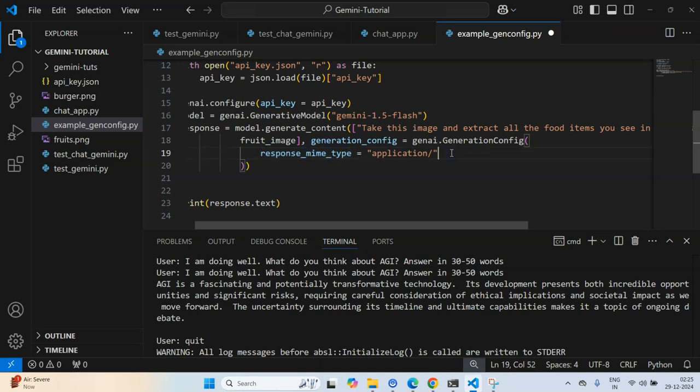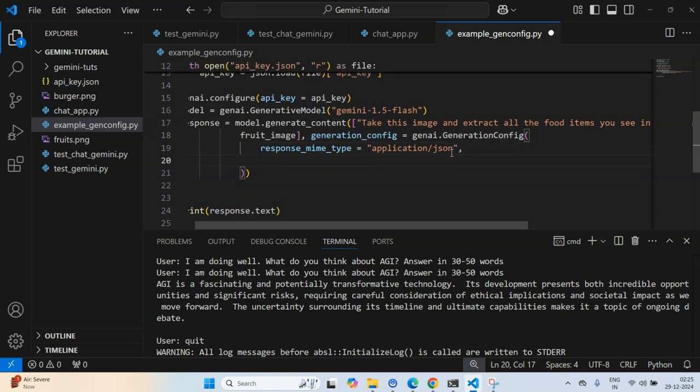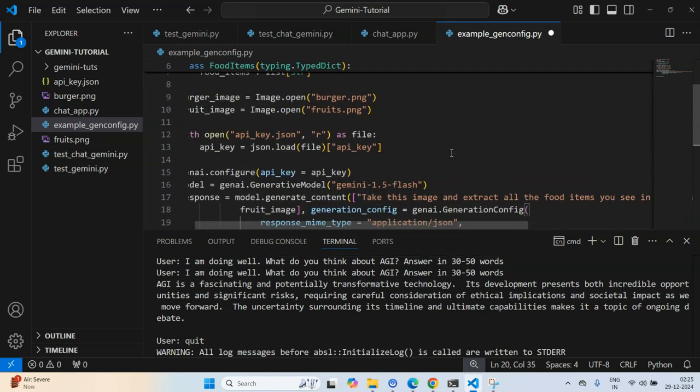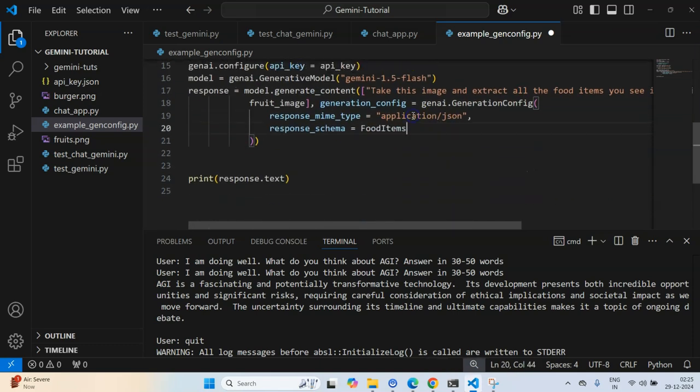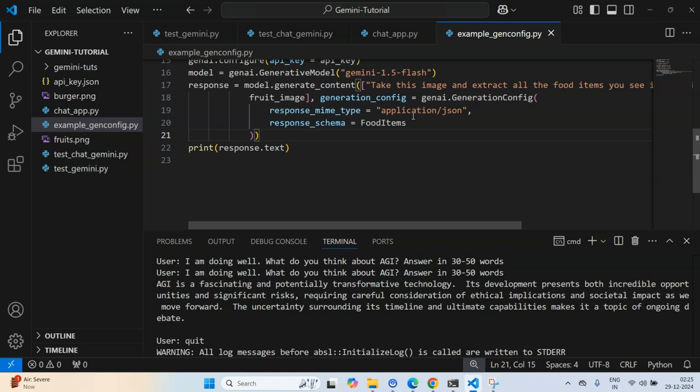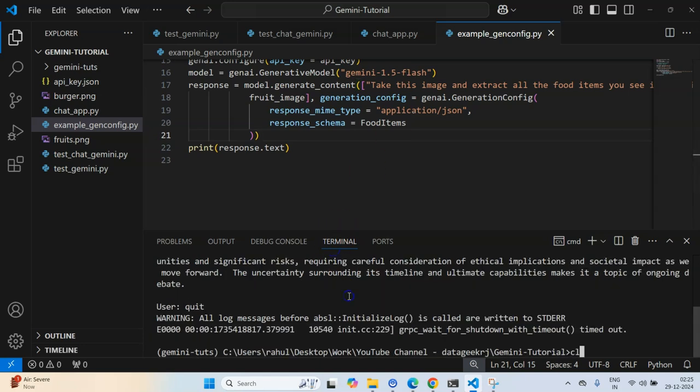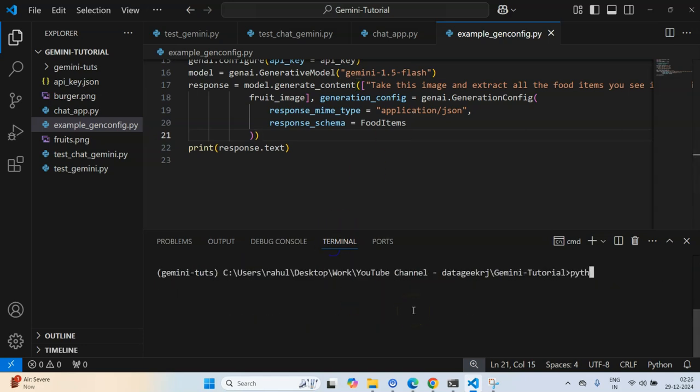It is a way to transmit information in a structured manner across different web applications. We want to respond only in JSON format, and then the response schema, where I want to pass the class I have just created. Now let me clear this and run this example generation config.py and see what we get.